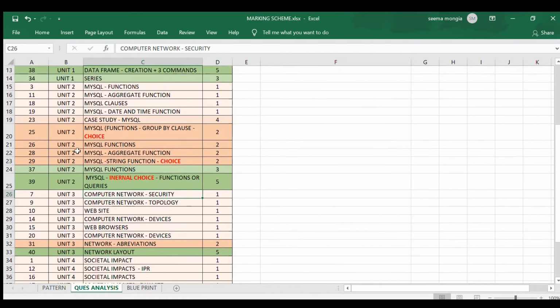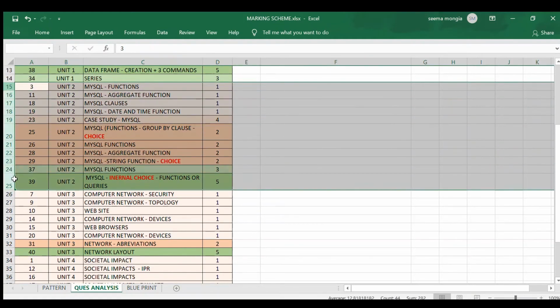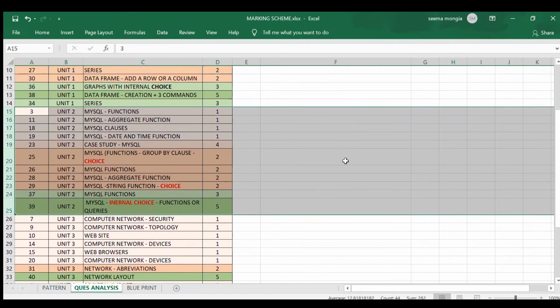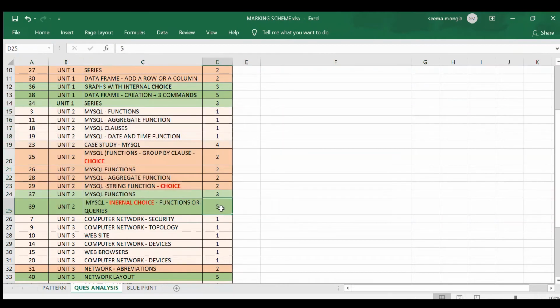Now when we talk about Unit 2, this is my Unit 2 which talks about MySQL. This portion is actually a very scoring portion for IP students. You can keep yourself secure for maintaining your basic percentage over here. The 5 marker question is a compulsory question, that is definitely going to come. Then there is a 3 marker question from MySQL that will depend upon the functions we have studied in